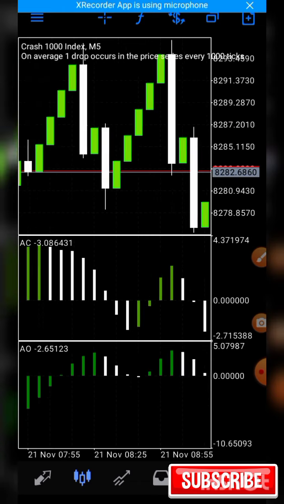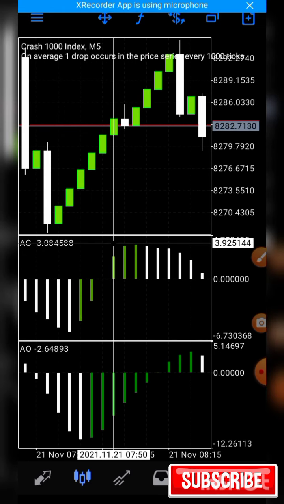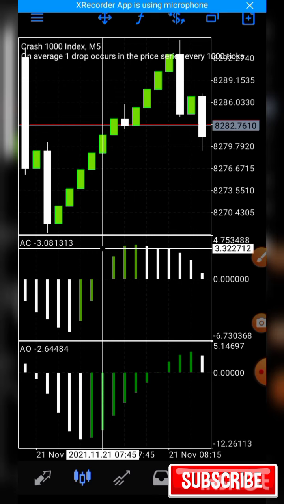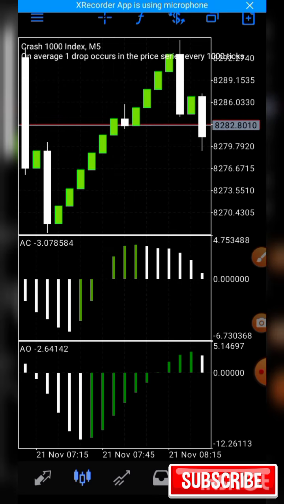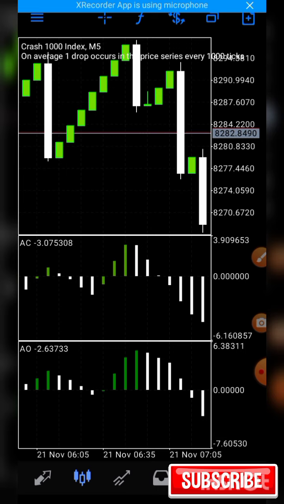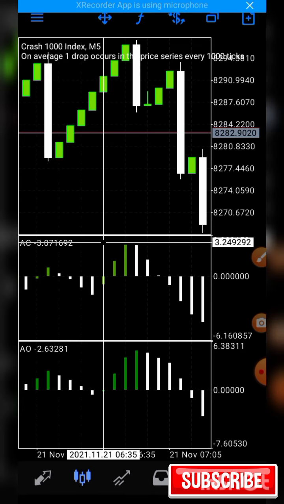So now let's backtest this strategy on 5 minutes time frame and see how accurate it is. Now this is another trade, all becoming green. 1, 2 or 3, you are out, but take 2 on 5 minutes time frame. Take 2 is okay. Then this is another trade again. 1, 2, you are out of the market. 10 candlesticks, you are out of the market.